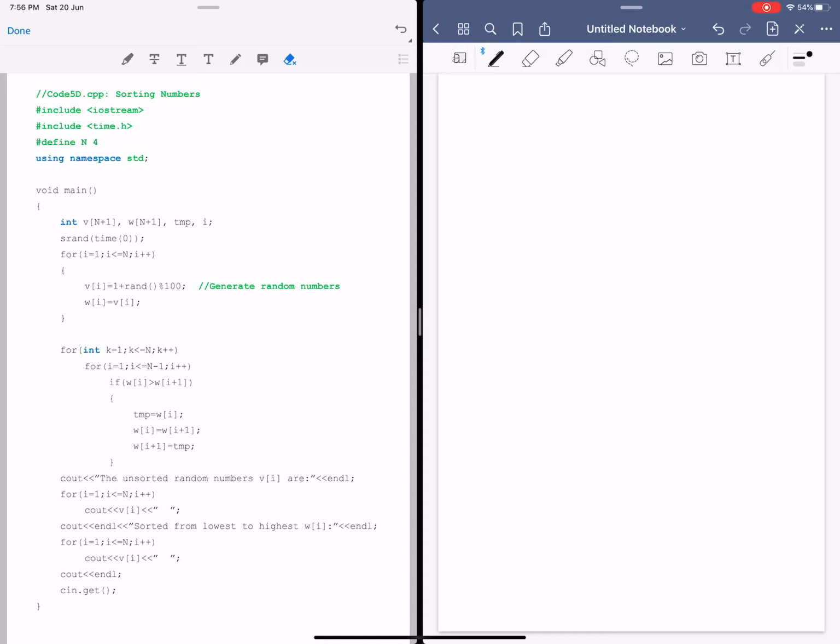Dalam lecture video kali ni, kita nak tengok one of the array applications, which is how to sort numbers. In particular, we want to refer to code 5d.cpp provided in your textbook page 119. Mari kita tengok satu persatu, line by line, the